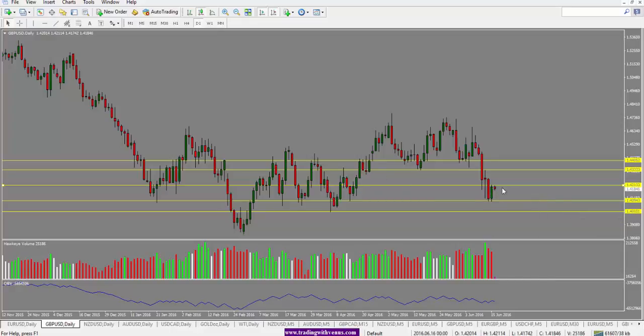At this point, if the price breaks above 1.4200 here and holds above 1.4200, we could see it push up all the way to 1.4300. And if it holds below 1.4200, we are looking for a move to the downside into 1.4100. However, with the monetary policy statement, we could see larger moves in this pair.